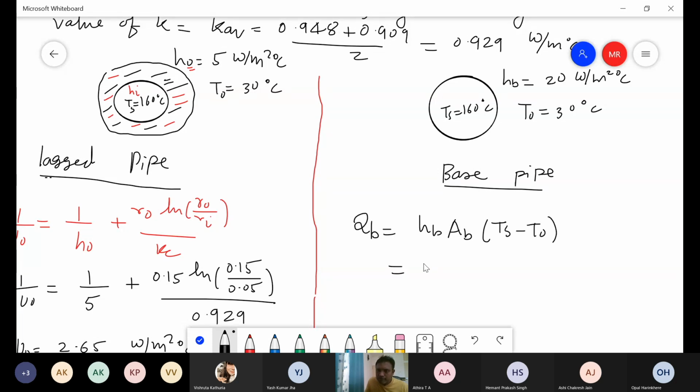So this HB is what? The value of HB is given as 20 watt per meter square degree Celsius, isn't it? So that becomes 20. AB is going to be what? 2 pi RIL. So that becomes 2 into 3.14. What is RI? RI is going to be 0.05, into length is just 1 meter, into 160 minus 30. So this comes out to be,